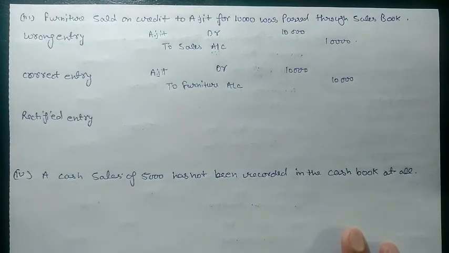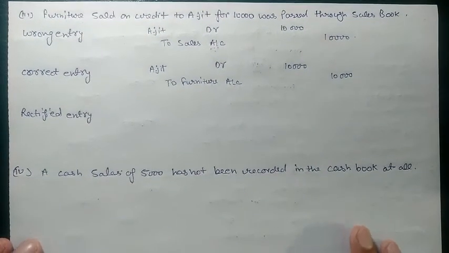In this entry, you can clearly check what would be the right entry, because we are selling furniture to Ajit. So in this case, we need to debit Ajit account to furniture, because we are selling furniture. And I have told you many times that whenever we have the name of the asset, we use the name of the asset, not sale. Sale is only for trading goods, and when we purchase an asset, we put directly the name of the asset. So our entry should be Ajit debited to furniture account. But what we have made, we passed this entry through the sales book. We posted in the sales book, that is, Ajit account debit to sales.